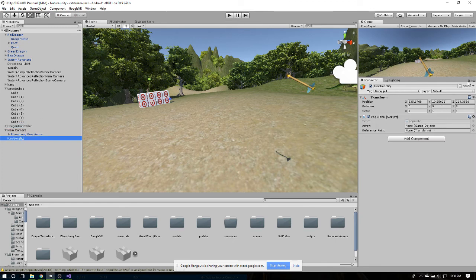So for that, I'm making this locked by pressing this lock button here, and then I click on this arrow and drag it on this arrow. Now I take the reference point, so this reference point will also be the reference point of this current arrow,